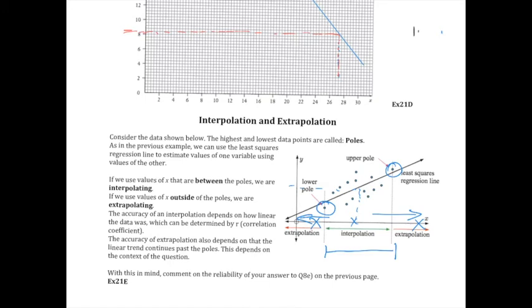Now, have a think about this. The accuracy of an interpolation depends on how linear the data was, which can be determined by the correlation coefficient R. So the closer R is to 1 or -1, the better our interpolation is going to be, the better our estimate is going to be, and the stronger the relationship, and the stronger it follows that one line. Does that make sense? Now, the accuracy of extrapolation also depends on that linear trend, and it depends on the